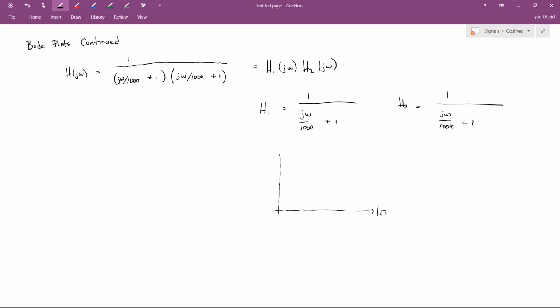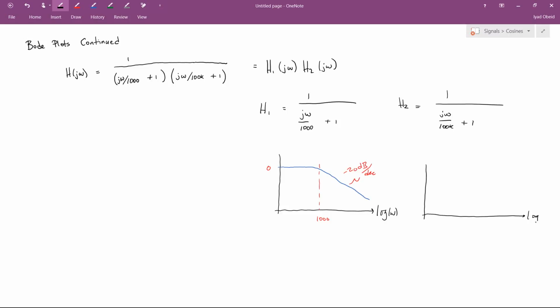So this one would have been a gain of 0 dB and then 20 decibels per decade. Okay, with the cutoff frequency happening at 1,000, and this would be a slope of minus 20 dB per decade, and that's 0. And the other one would be exactly the same. The only thing that would be any different would be